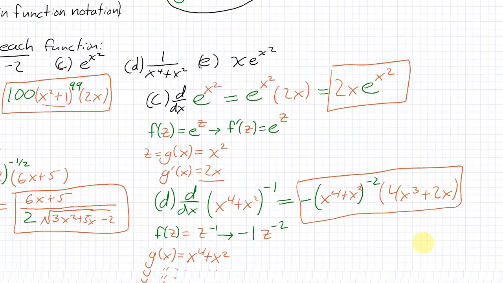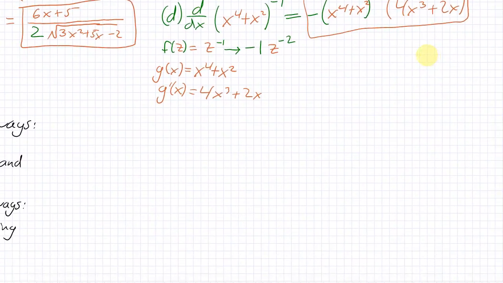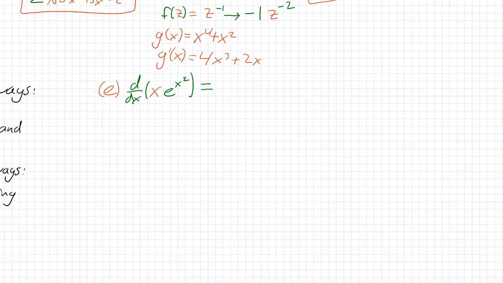I'm really running out of space. So let's do e down here somewhere. So the thing about e is that it's not just a composition. The e to the x squared part is the composition of two functions that we looked at before. So you say your f function is e to the z, and your z is x squared, also known as g of x in this notation,